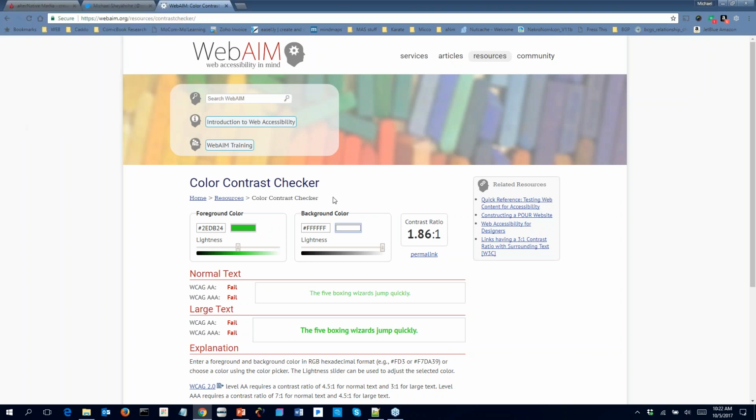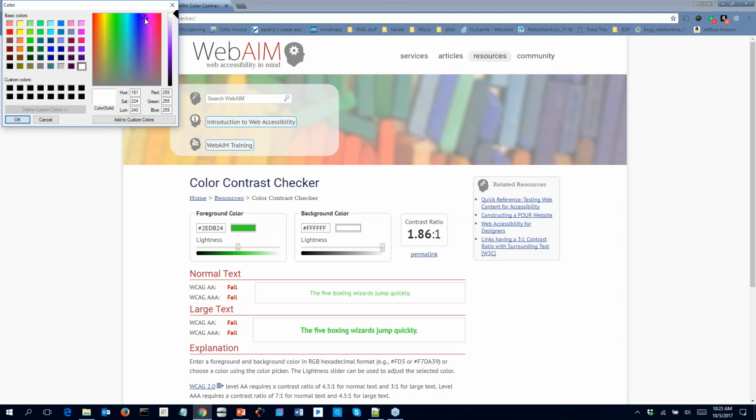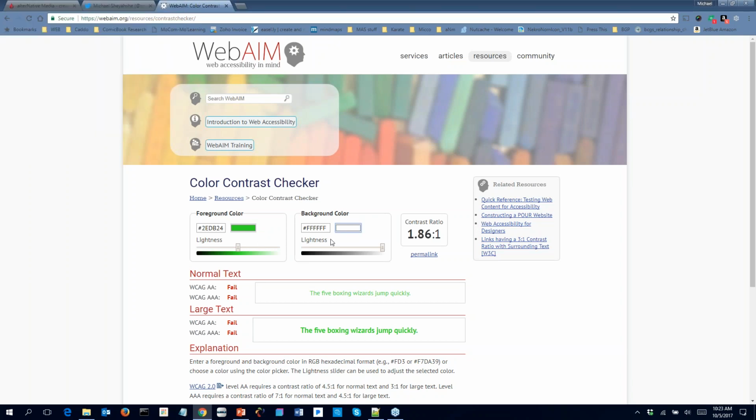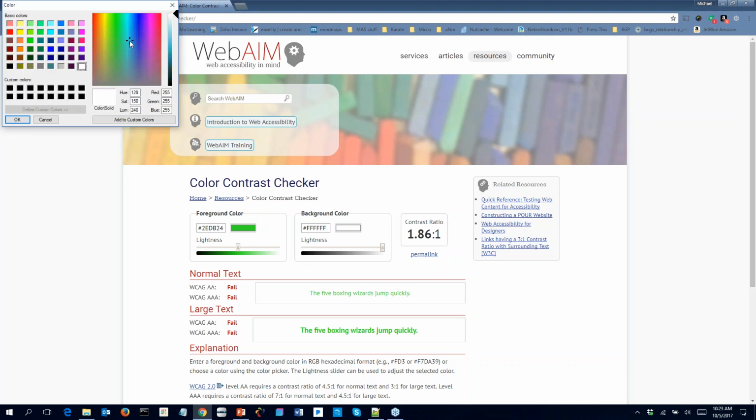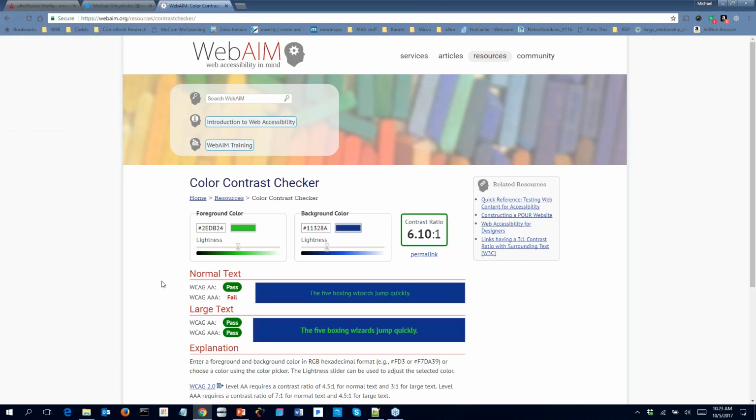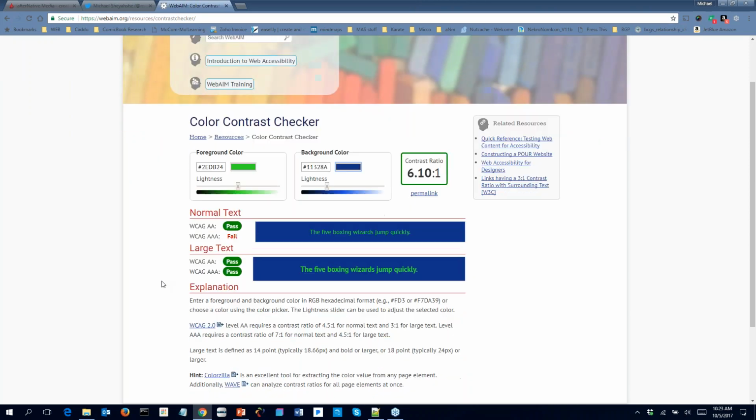I'll provide two colors that are pretty close together here so we get an idea. They're not that close together, but they're pretty dark. This one won't take that one for some reason. Oh, it's because I've got it set all the way up to white. Sorry, here we go. Okay, so this one does pass because the green is so light, but if we made